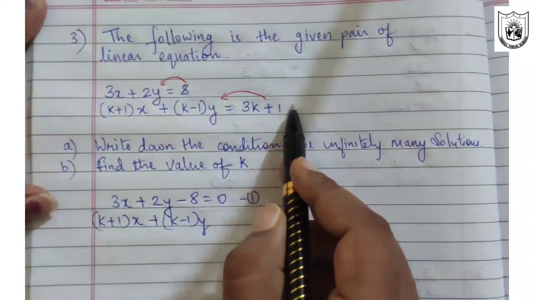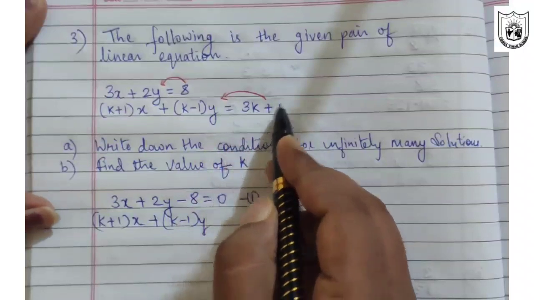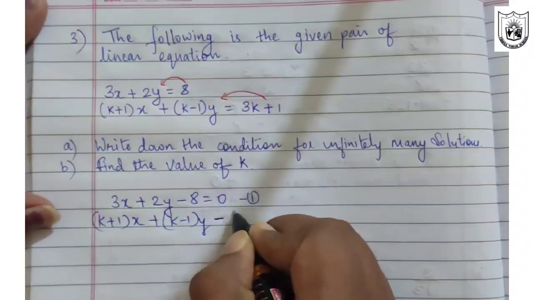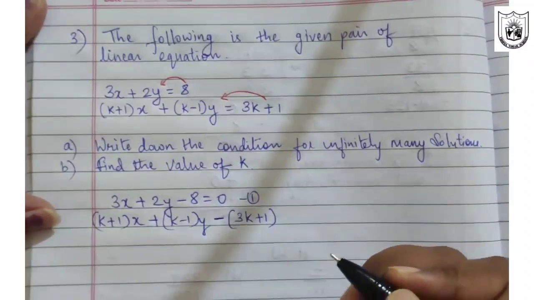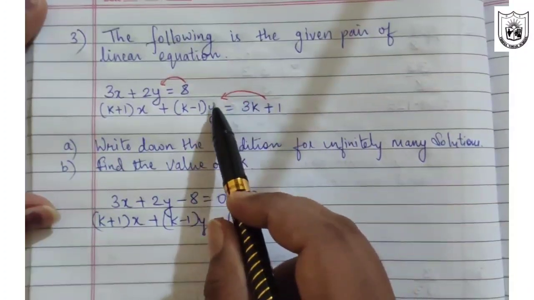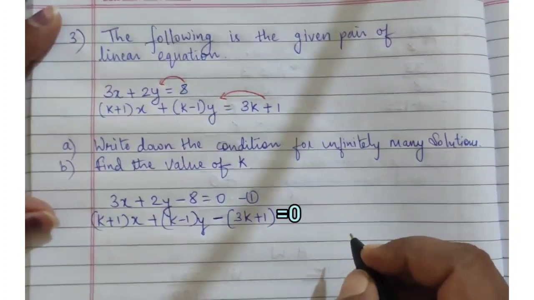You can together consider it as one term and change the sign, or separately also you can change the sign. We'll consider it as one term only, so I'll put it as minus and put it in the bracket (3k+1). Or if you want, you can separately also change the sign, that is, it can be written as minus 3k and minus 1. So both the ways are correct. So what will be the next step?